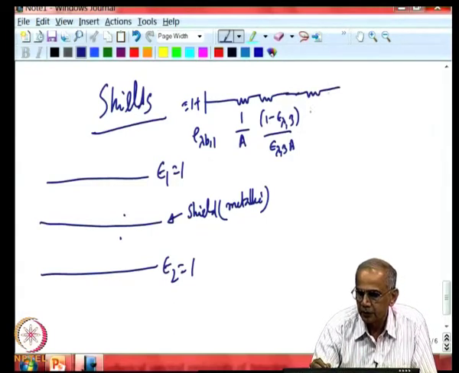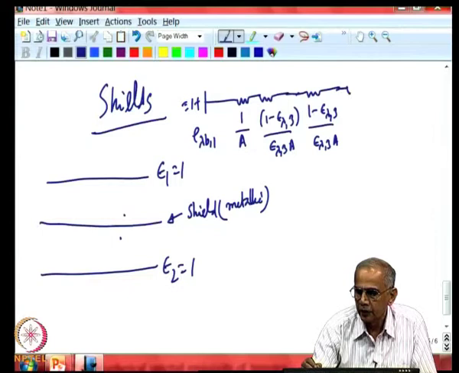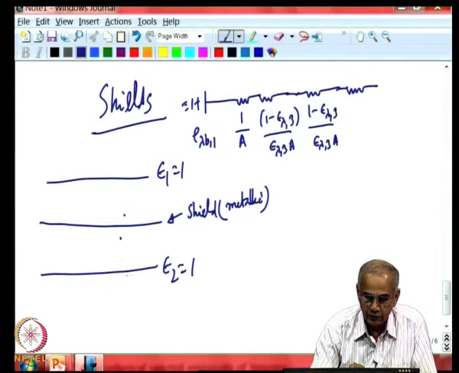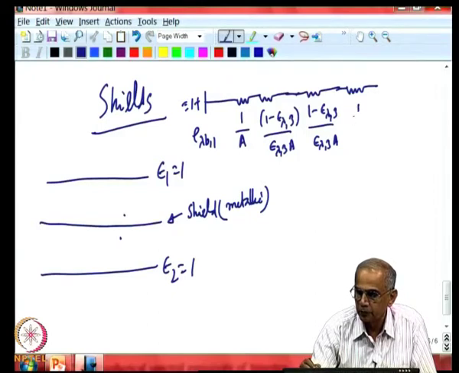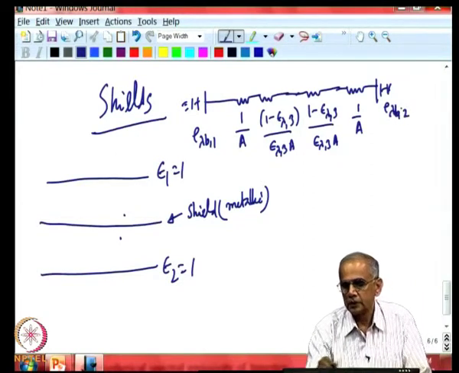So, there is another surface of metal here, 1 minus epsilon lambda 3 by epsilon lambda 3 A, and of course, finally, you have the other surface also with no surface resistance, only geometric resistance 1 over A. Finally, you come to E lambda B 2. So, this is the electrical circuit,